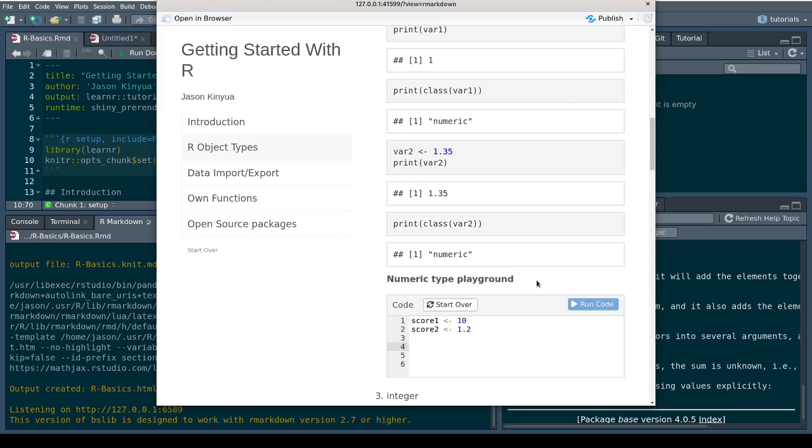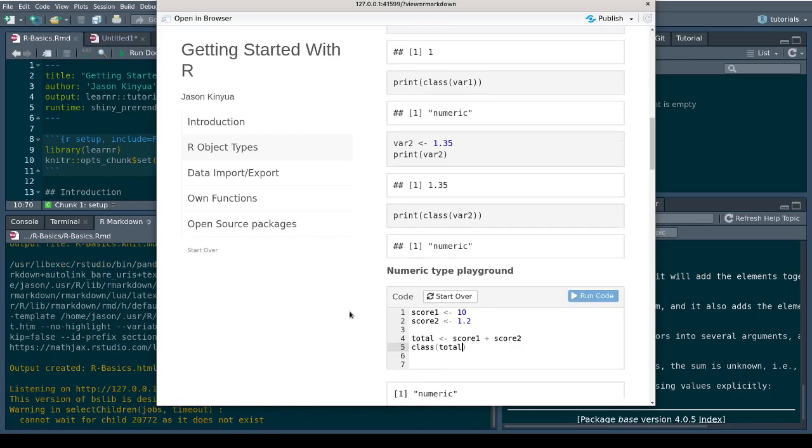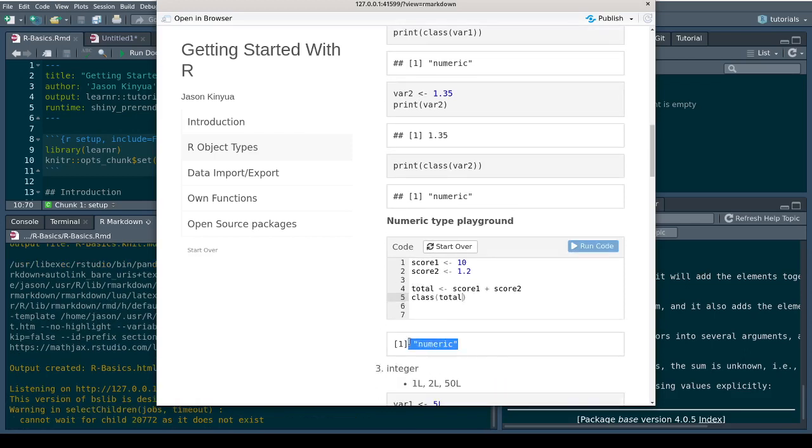Let us see total equal to score 1 plus score 2. Let us see class of total. See? The output is a numeric.